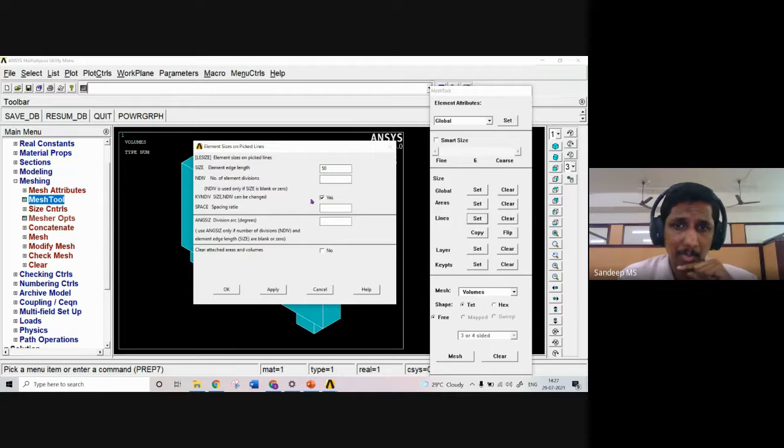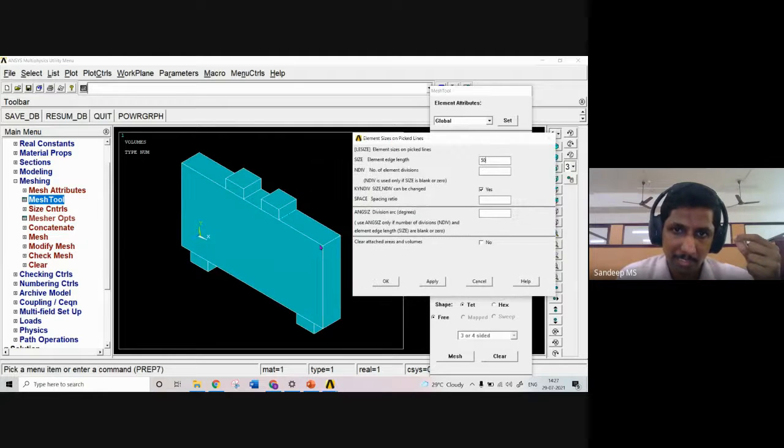And please do ensure that you untick this, because this is an option which ANSYS will use. Say sometimes you have selected this line and you are asking it to divide into some dimension, maybe some 45 mm. But when you divide this at the end, you may be getting a smaller portion. So what ANSYS will do is that if you have retained this tick, ANSYS will automatically change the value of this 45, and it will automatically select a suitable value so that all the particles can be divided into equal length.